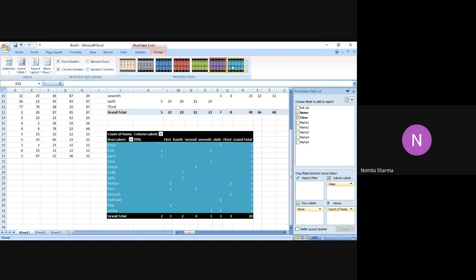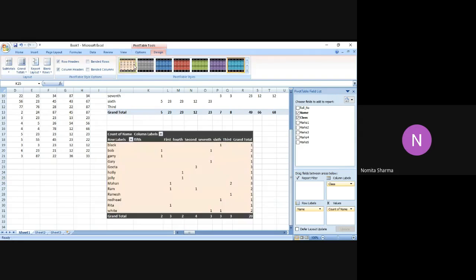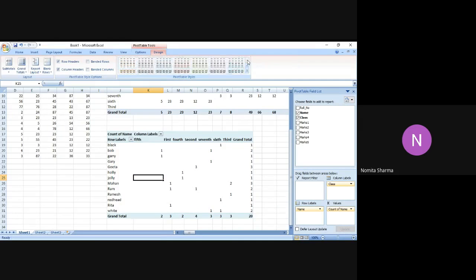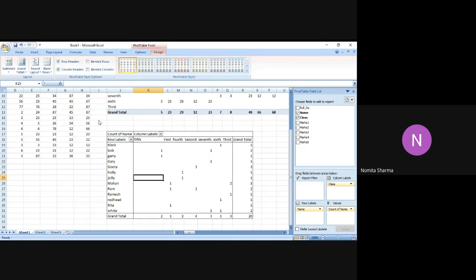Always the text should be in black color, because white is something you can't see very easily, especially in different color combinations. So please make the color choice very carefully, because if the data you're trying to show is not visible, the whole purpose of presenting that table is lost. And that is where people often make that mistake.